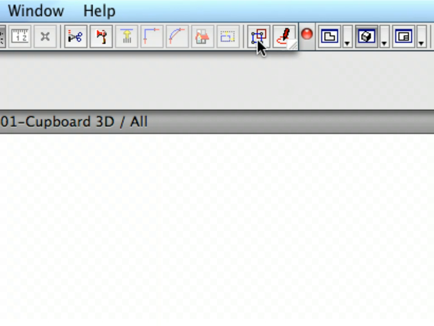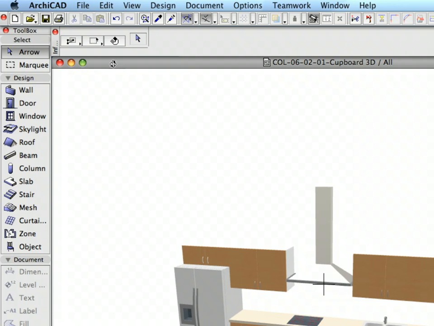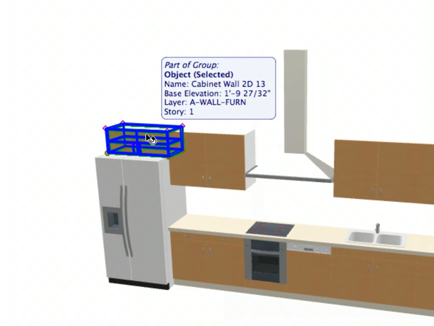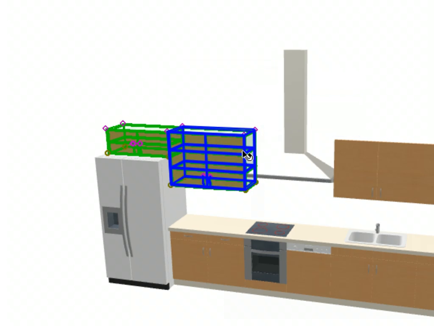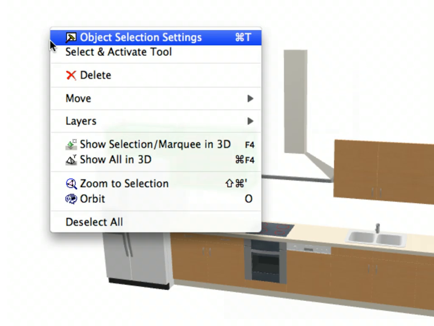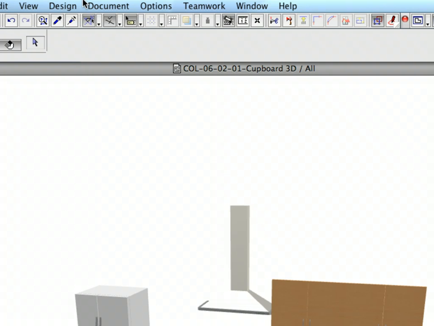Make sure that groups are suspended. Click to activate the Suspend Groups toggle on the standard toolbar. Activate the arrow tool and with shift clicks select the wall cabinet above the refrigerator and the one next to it. Then press the Delete key on your keyboard. Select the range hood